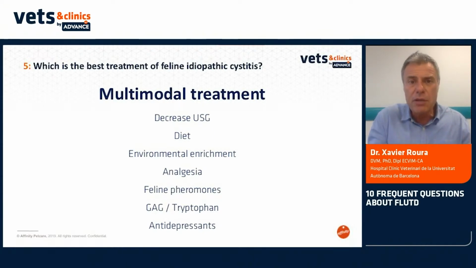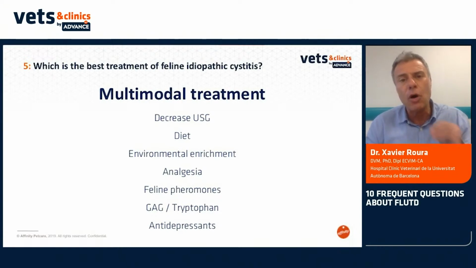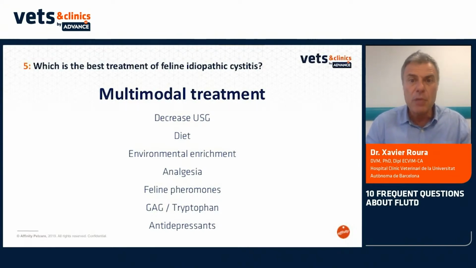Of all of these treatments or potential treatments for feline idiopathic cystitis, these three are the most important. First, we look to decrease the urinary specific gravity, because if you decrease the urinary specific gravity, this urine can irritate the bladder less. Second, the diet. The diet can change the composition of the urine and could also have different compounds that maybe decrease the anxiety, the pain, the fear of this cat. And finally, environmental enrichment